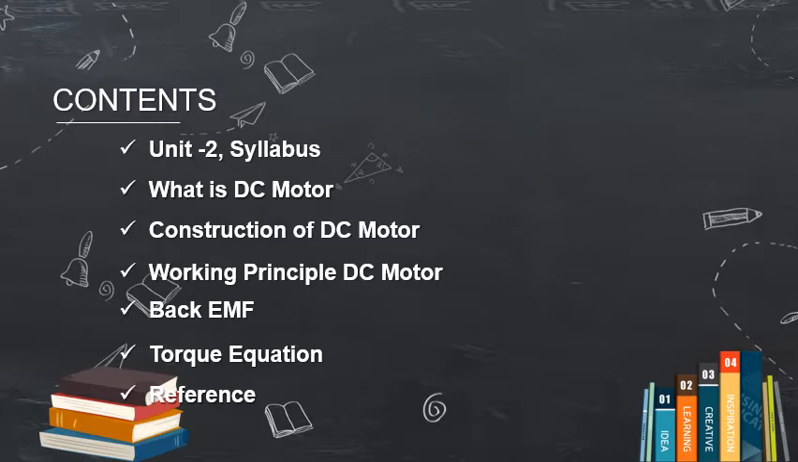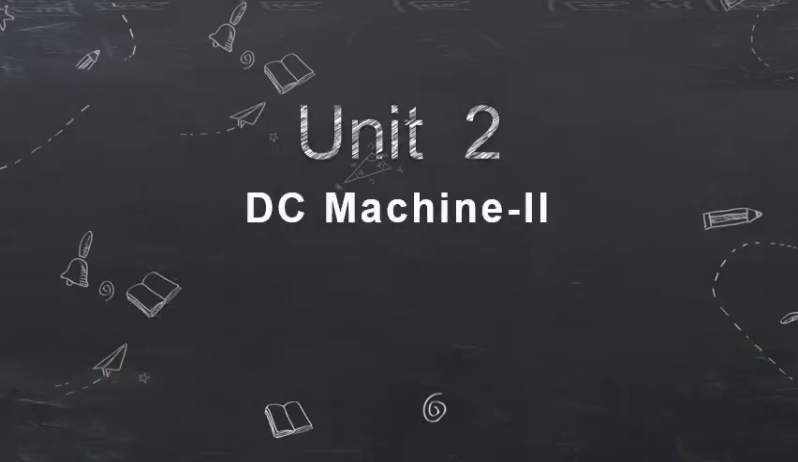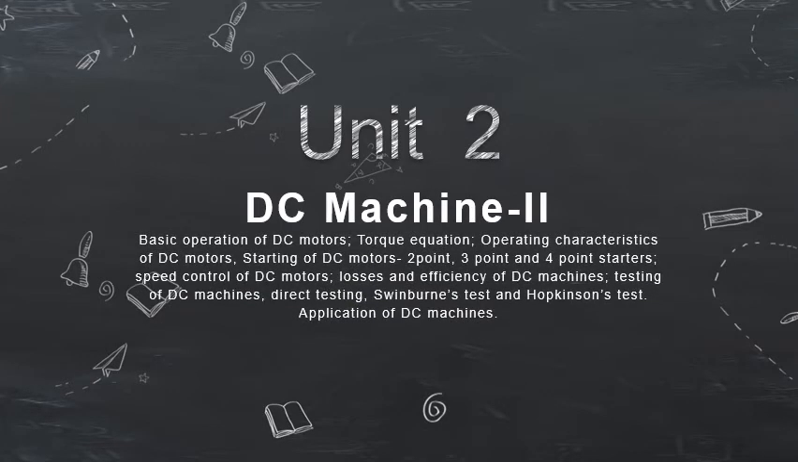So in this presentation we will learn about all these topics one by one. So let's start with unit 2 syllabus. In this unit we will study the basic operation of the DC motor, its torque equation, operating characteristics